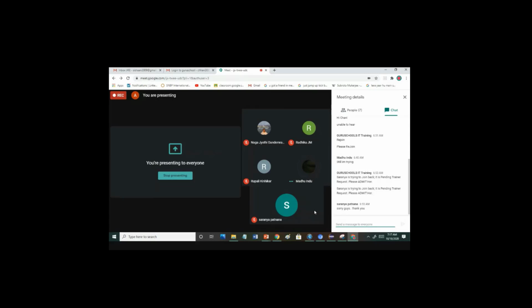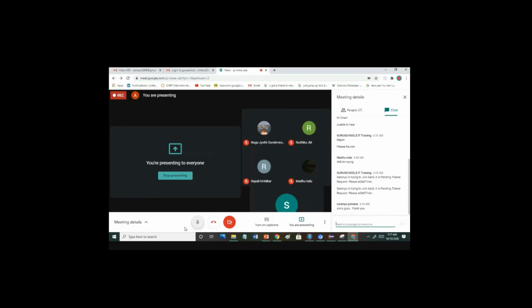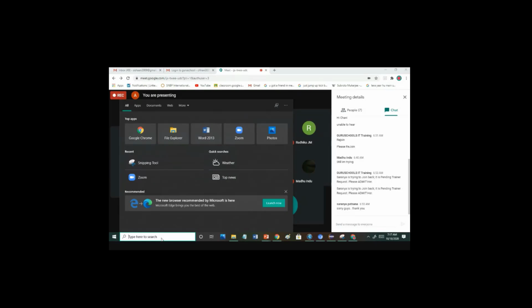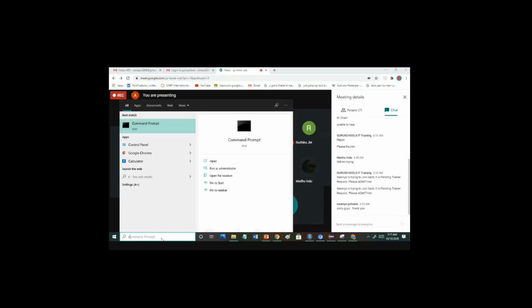Now we will install Java and Eclipse in our system, whoever has not installed. First we will see whether you have Java in your system or not, like Madhu said. So you already have Java, so you just go to the command prompt. You can see my system, right?